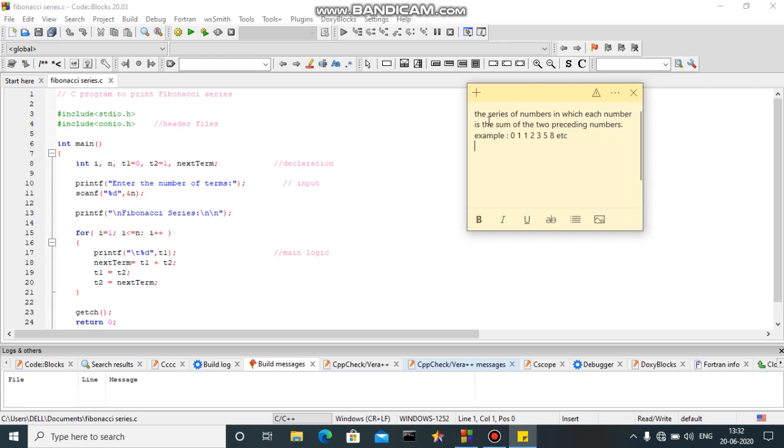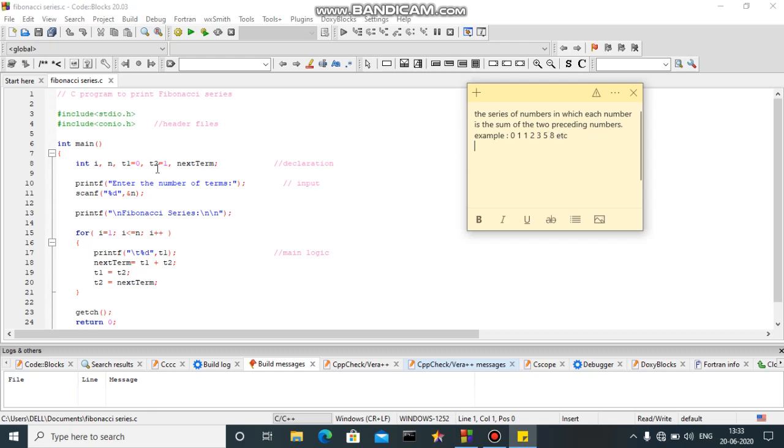The Fibonacci series contains the numbers, and these numbers you can see, for example, 0, 1, 1, 2, 3, 5, 8, etc. So the sum of first two numbers, 0 plus 1 is 1, then 1 plus 1 is 2, the addition of 1 plus 2 is 3, the addition of 2 plus 3 is 5. Means each number is the addition of preceding two numbers. Means the further number will be 8 plus 5, 13.